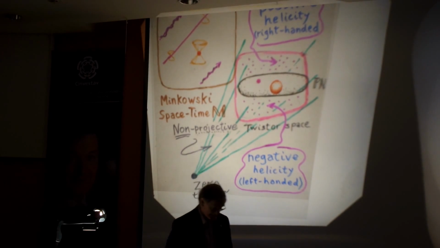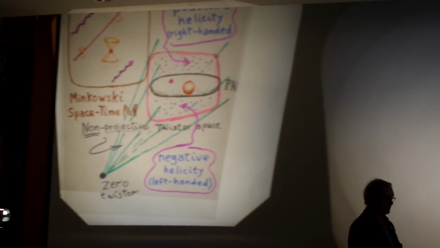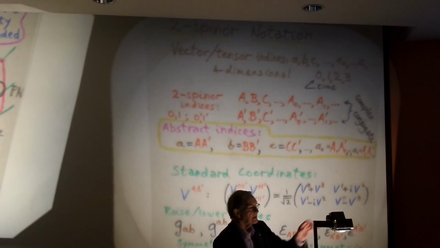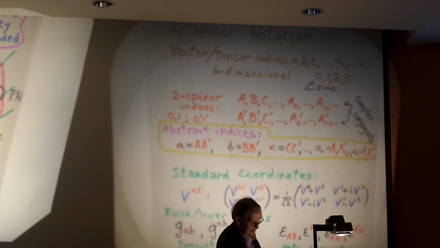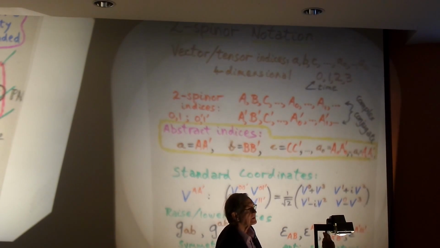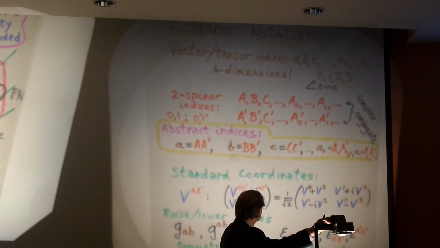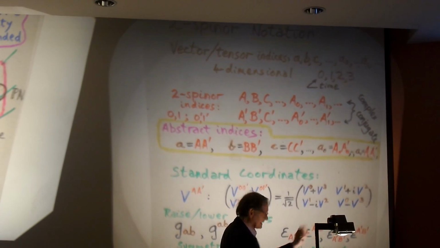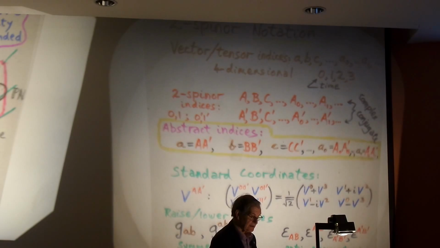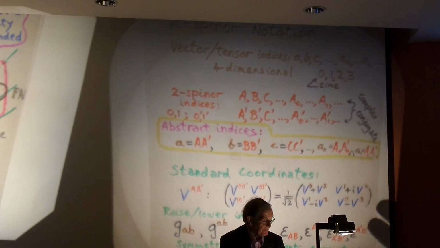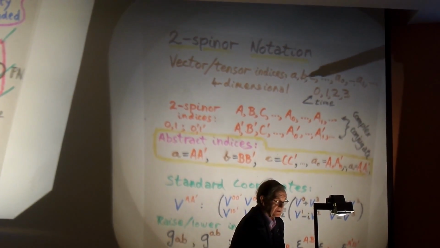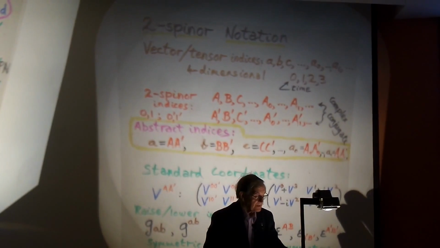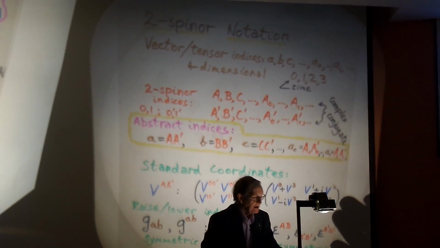A lot of what one does in this subject, unfortunately, I think for many people who are not familiar with this notation, one uses twistor notation. Anyway, I won't go into the notation particularly because it would take too long to go through everything. But you have a translation between the vector and tensor notation by these small letters and capital letters for the twistor. And roughly speaking,